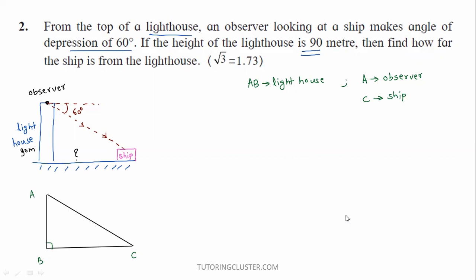Now, let us talk of the angle. This angle is how much? 60 degrees. So this angle is also going to be 60 degrees. It's an alternate angle. It's the concept of alternate angles. It is making the shape of Z. Here, it is making the shape of Z. So this angle is 60 degrees. I have taken this angle of depression with the horizontal line. Remember, it's with the horizontal line. Now, what we have to find out?